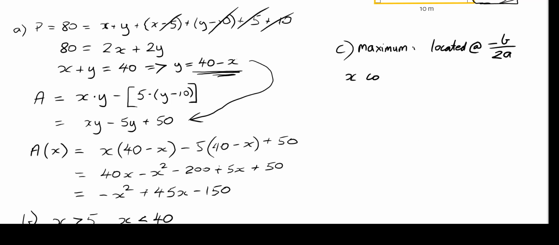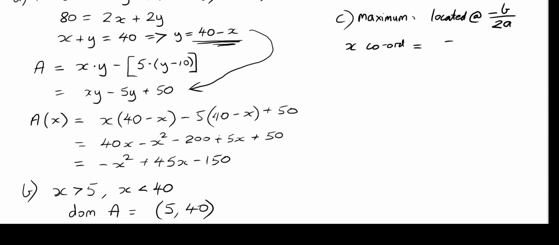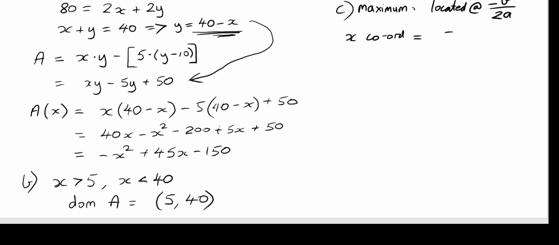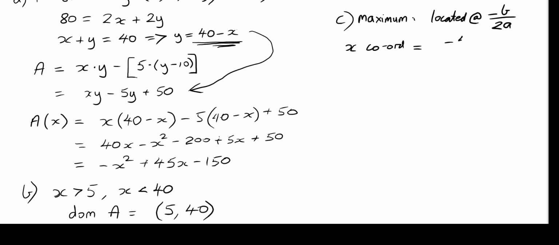So the x-coordinate is equal to negative b, negative 45, over 2a, which is negative 2. So we get a positive 22.5